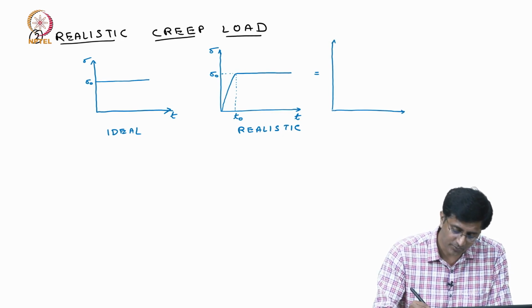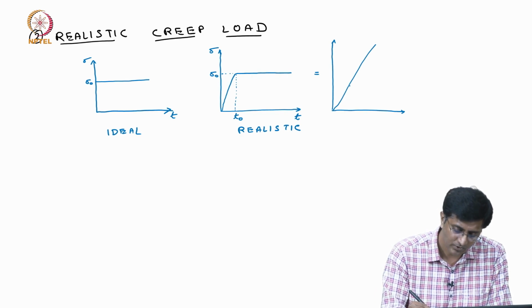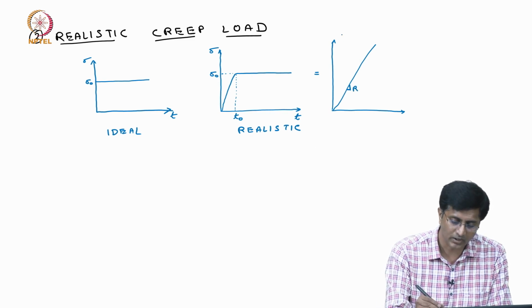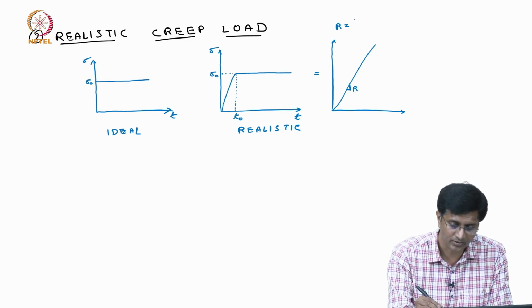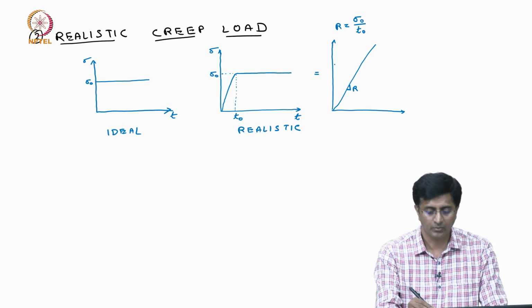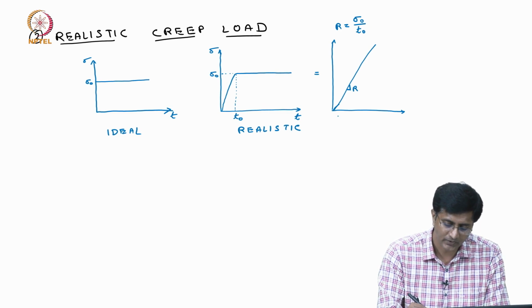The first part can be represented using a constant stress load in this condition. This constant, let us say, is R. That R, of course, we know is sigma naught by t naught. But what we are saying is we are applying the constant stress load, let us say constant stress rate,